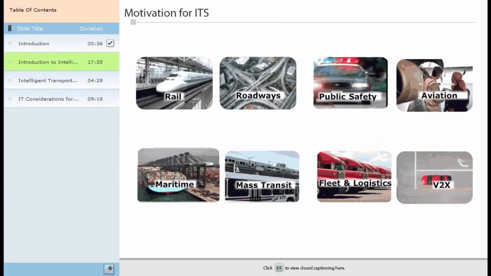There is global motivation to implement ITS in all facets of transportation, including rail, roadways, public safety, aviation, maritime, mass transit, fleet and logistics, and vehicle-to-vehicle or vehicle-to-infrastructure V2X technologies. Some ITS benefits include relieving congestion by observing and predicting traffic conditions, coordinating and prioritizing traffic signal to minimize delay and make way for emergency vehicles, detecting and controlling traffic incidents,